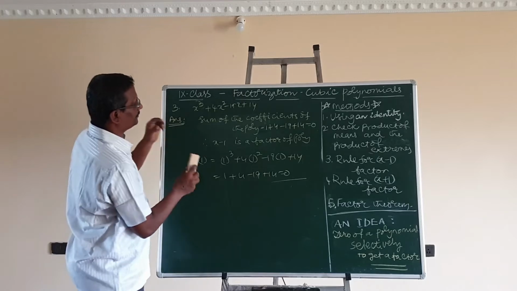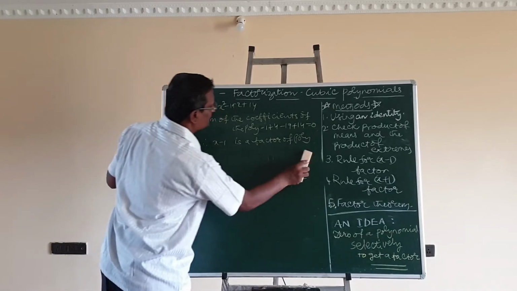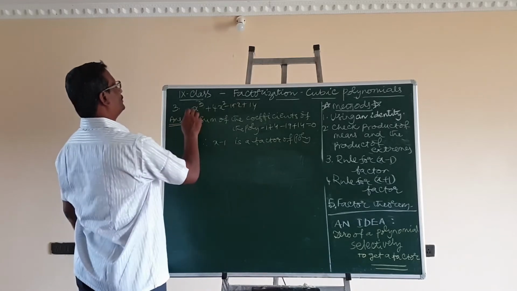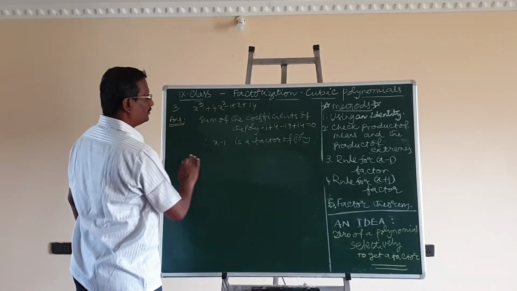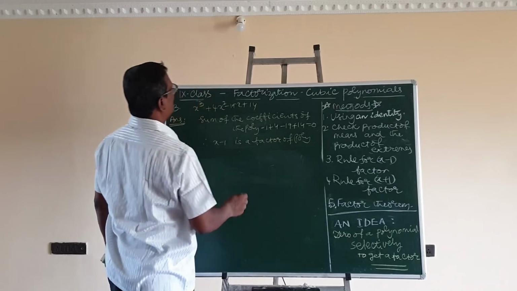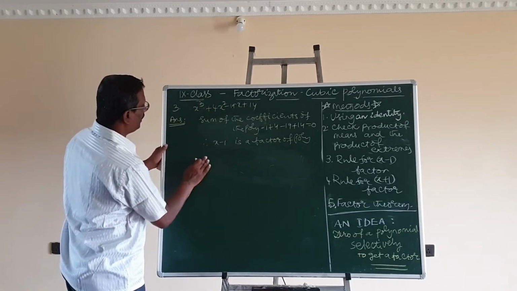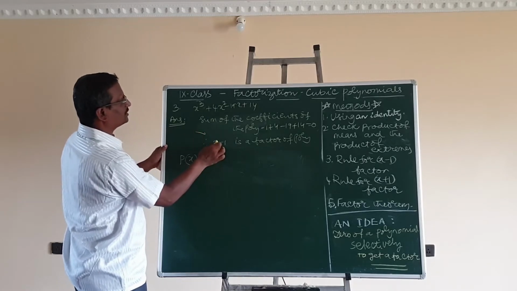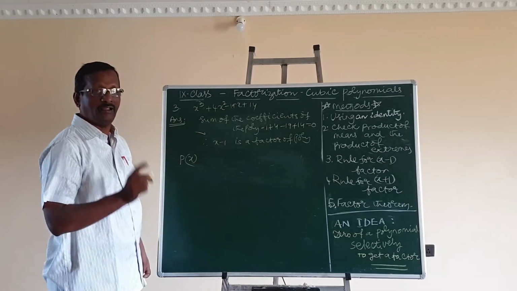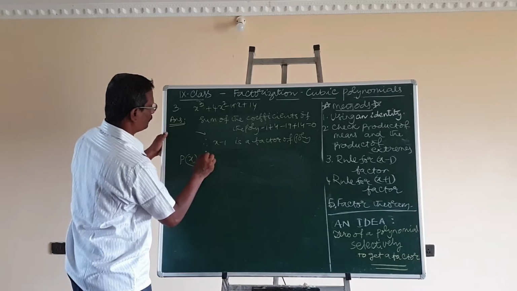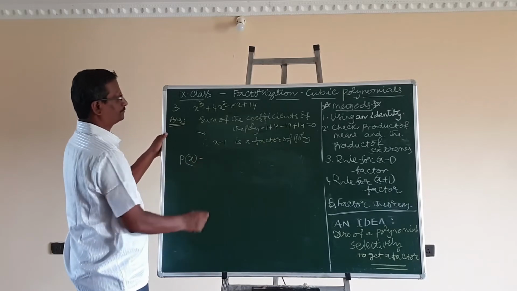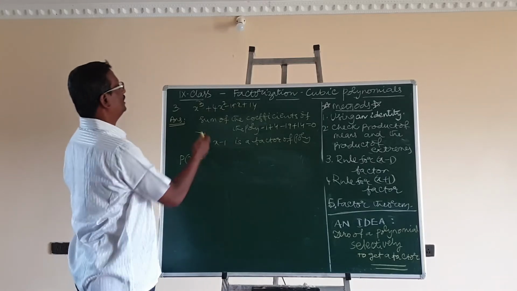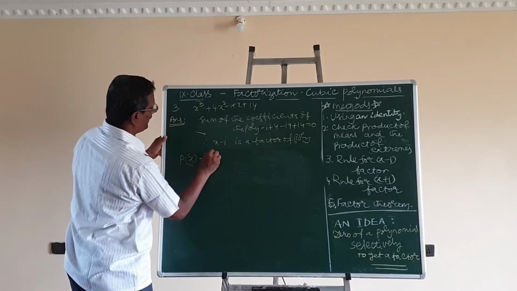Now, on the basis of this, it is decided that x minus 1 is a factor. Either by doing division or by using some other alternate method, we will find the other factors. See how I get it: p of x is a polynomial, and according to this statement, it is decided that x minus 1 is a factor. Therefore, this is an easy and shortcut method. Of course, we can use the synthetic method also, synthetic division also. I prefer this.